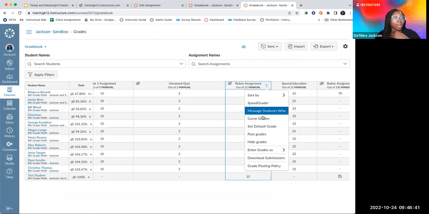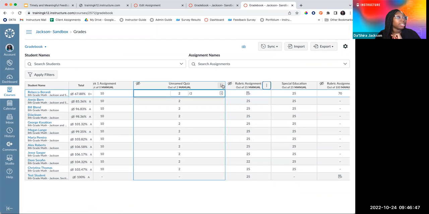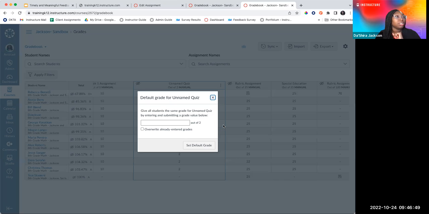You also have the option to set a default grade. Let's just say for this assignment, I'm going to do set default grade, and I want to give everybody 5 points because I said I'm going to give everyone 5 points of extra credit. Everyone did this, they participated. I want the entire class to get 5 points for this particular assignment.